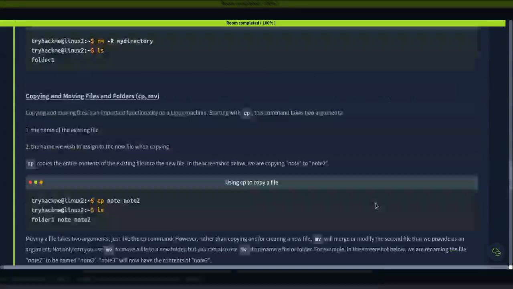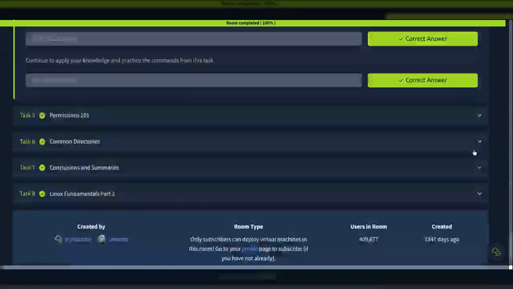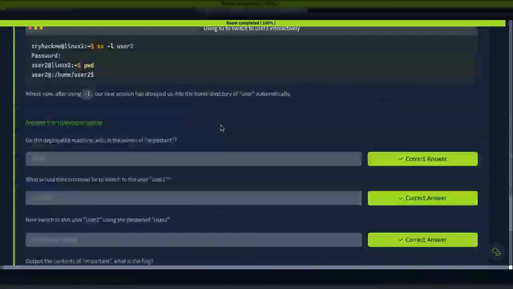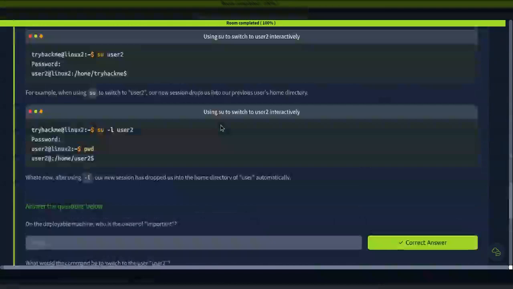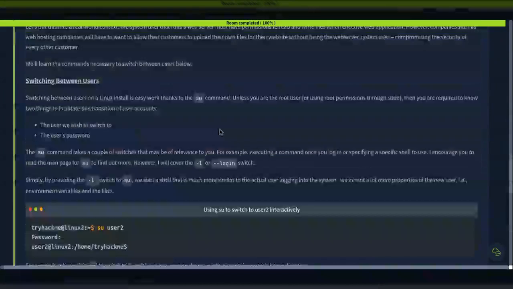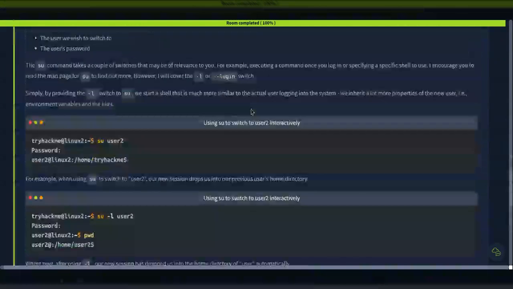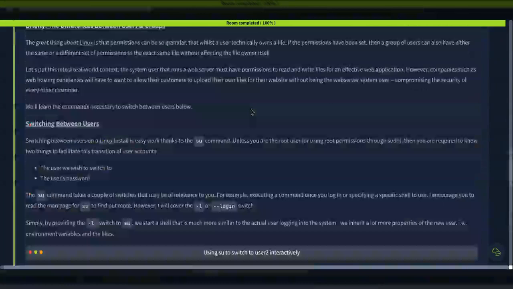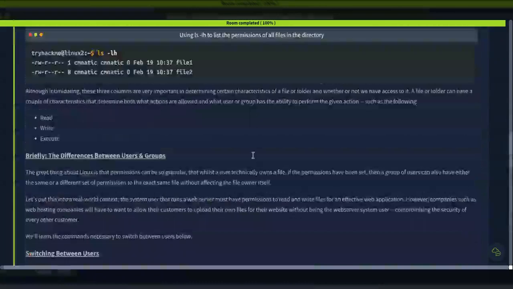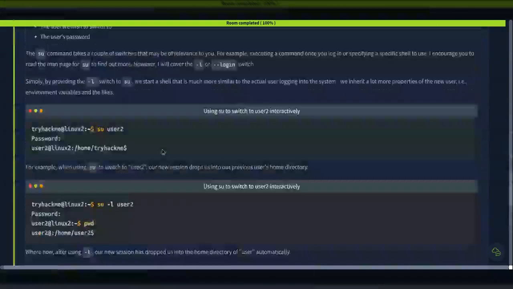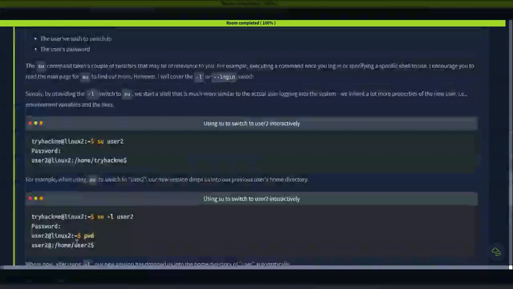And then the next one, let me see, task 5. Yeah, here we go. This one here. Okay, so this one I also wanted to note. I really wish there was more guided practice. This is for Switch user, for the SU and -L commands. I was trying to actually practice a little more on the machine, and I was a little confused on how to